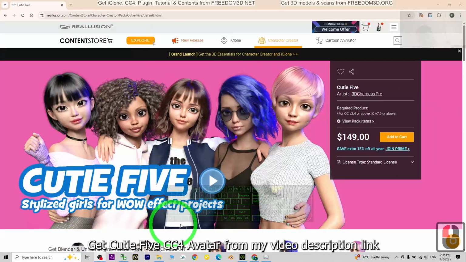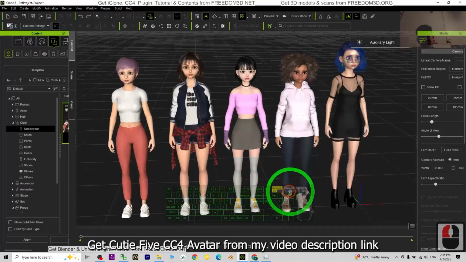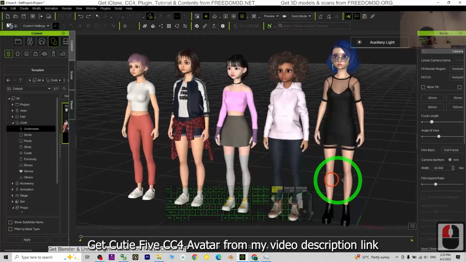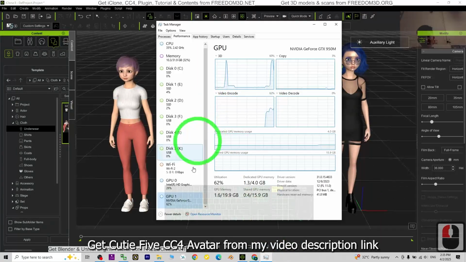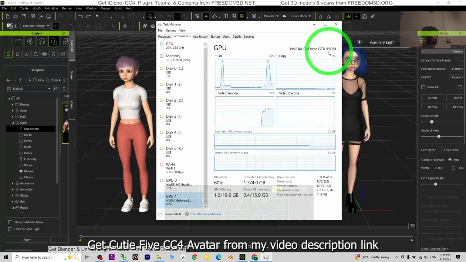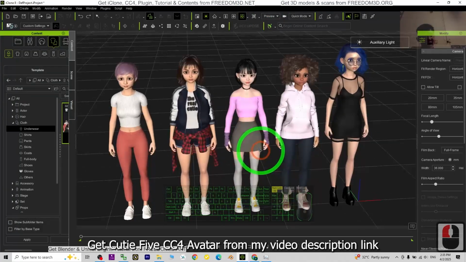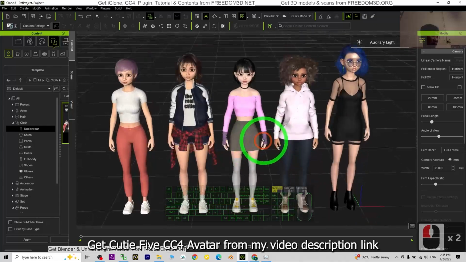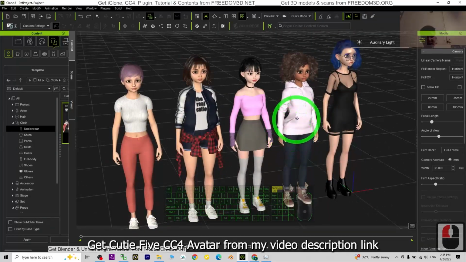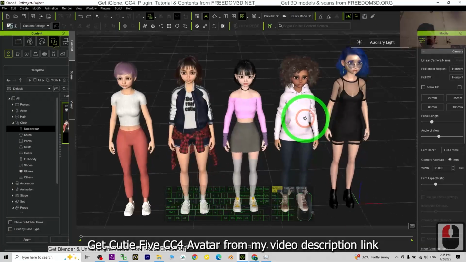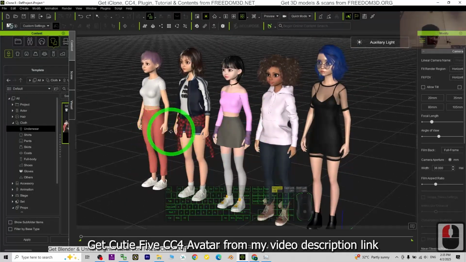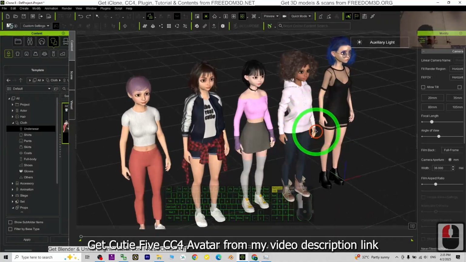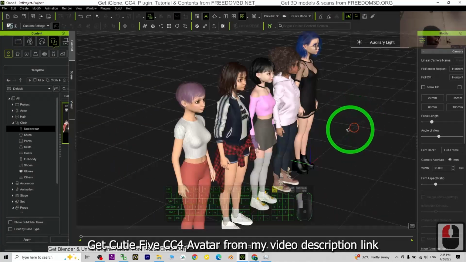Today I'm testing the Cutie 5 in iClone just by using a very old laptop. In this old laptop, my GPU is just an NVIDIA GeForce GTX 950, an 8 years old laptop. But so far at the beginning, it is really laggy. But now I already made it smooth just by using a few options. And I'm going to show you step-by-step how to have very smooth real-time rendering in a